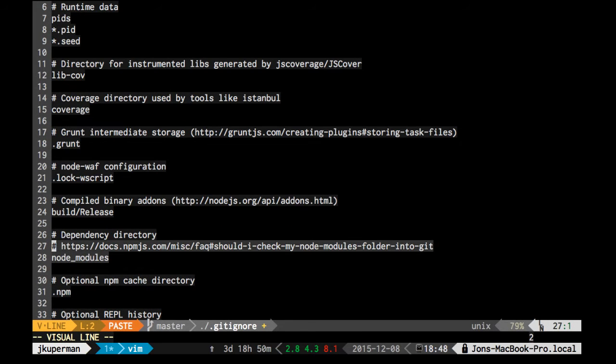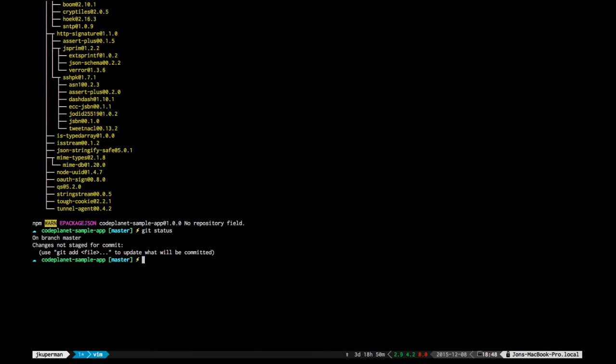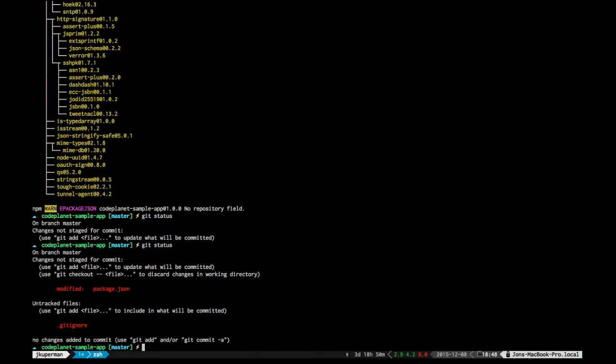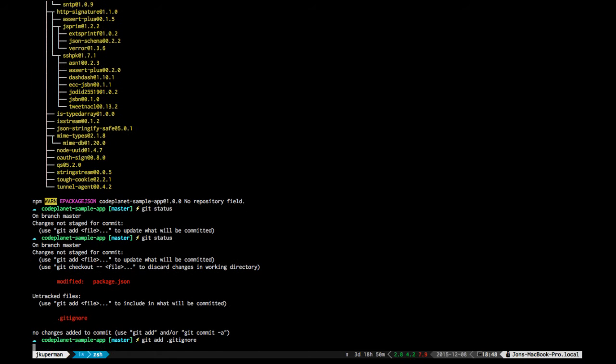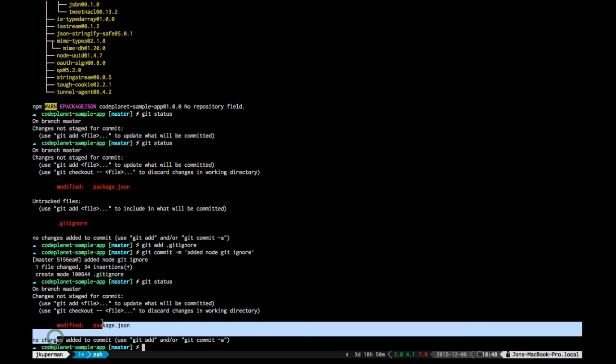which is it is going to ignore the node modules folder, because what we don't want to do is check in every single line of code that our dependencies have. That's why we use npm, because it'll fetch those dependencies. So we don't want to share those things. Okay, cool. So now we've got a couple things going on. So I'm going to do one commit of just the git ignore file, and I'm going to say git commit -m added node git ignore, and now we won't any longer see that node modules folder, even though